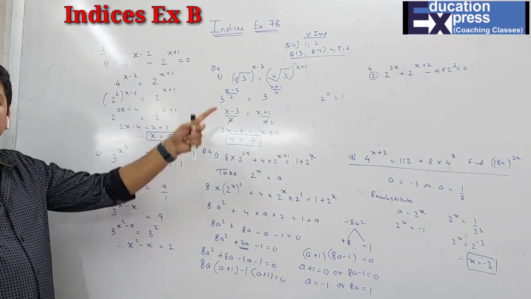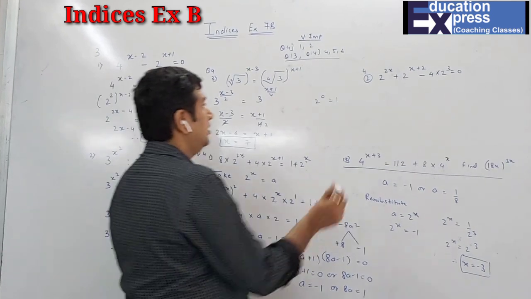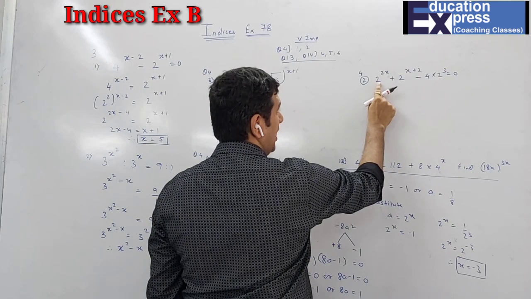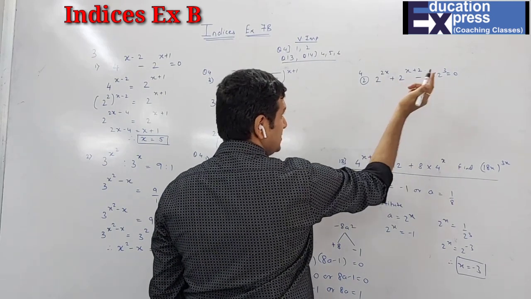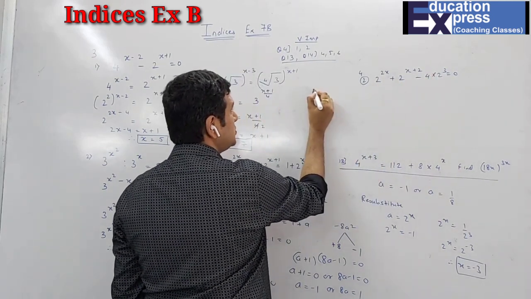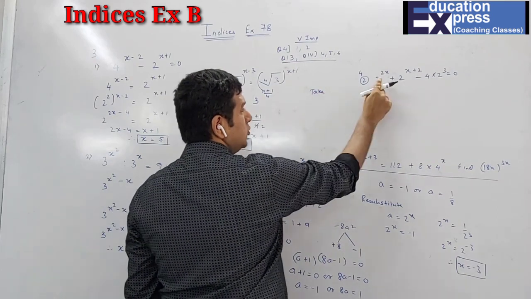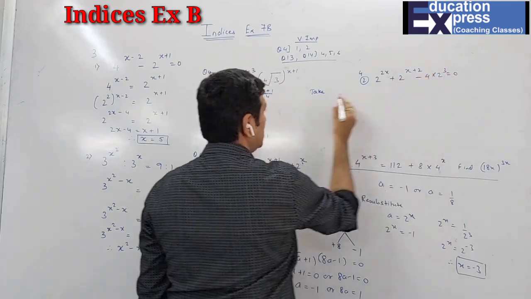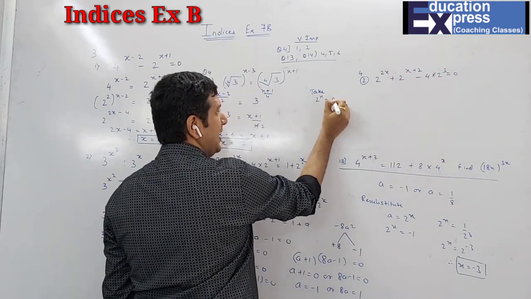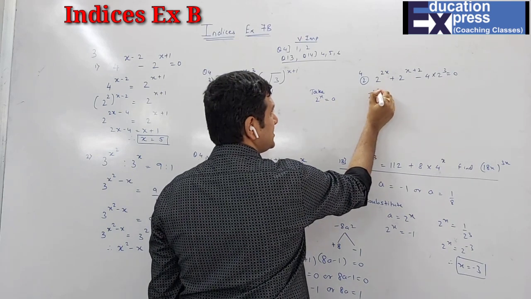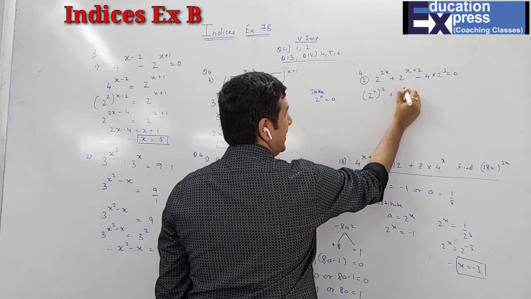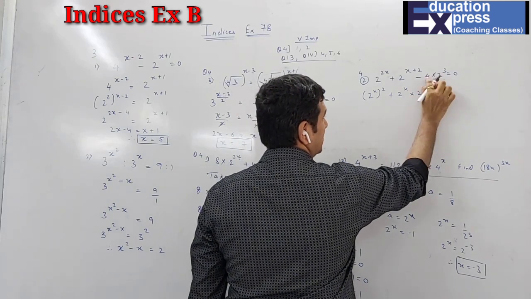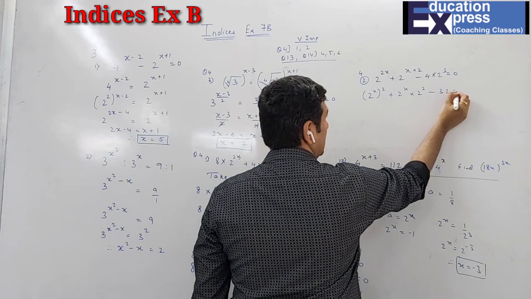Now let's start with question 4th ka second. Students, over here also just see how many terms are there. 1, 2 and 3. So obviously same concept follows over here also. So here also I will take the one whose power is a variable: 2 raised to x. So take 2 raised to x as a. So here 2 raised to x square. Here again I'll separate it, I'll multiply, and 2 square minus 4 into 8. 2 ka cube is 8. 4 8 is 32 equals to 0.